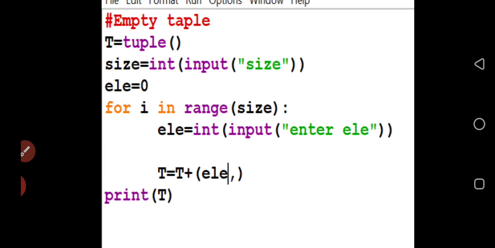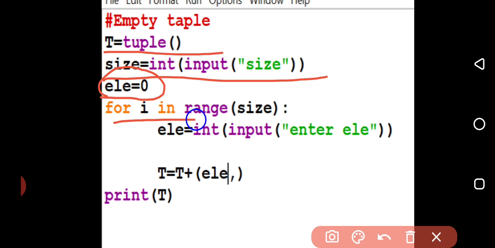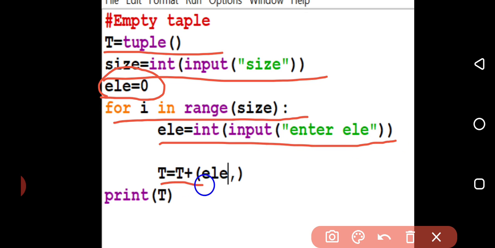What is going to happen over here? See that here. In the previous slide, we saw that the values of the for loop are going to be inserted over there. But here we are taking the input from the user at runtime, and that is going to be inserted into the tuple. Now, this is the syntax for creating a tuple. I take the size, I declare this variable to accept the elements from the user. I start the for loop, I take the element from the user, and I insert it.